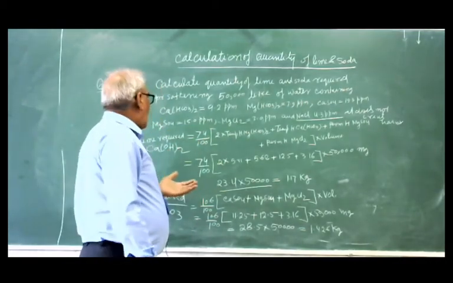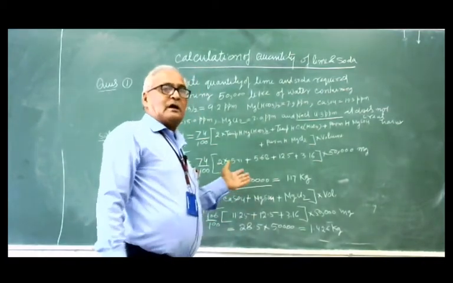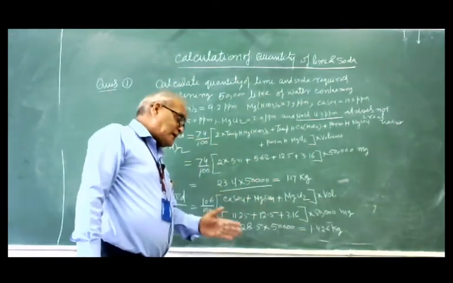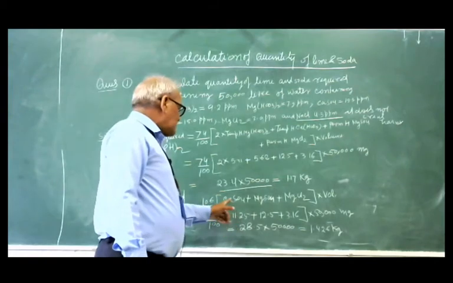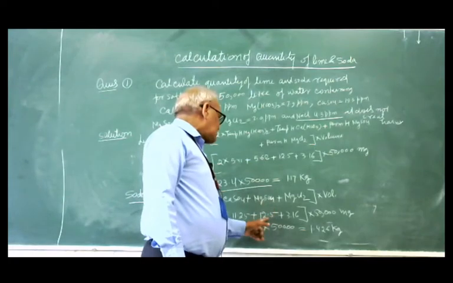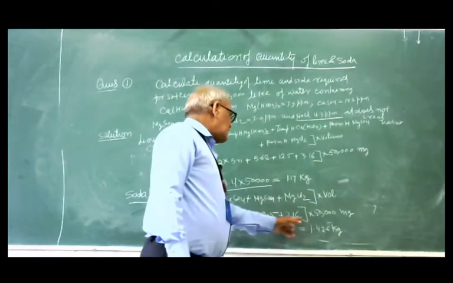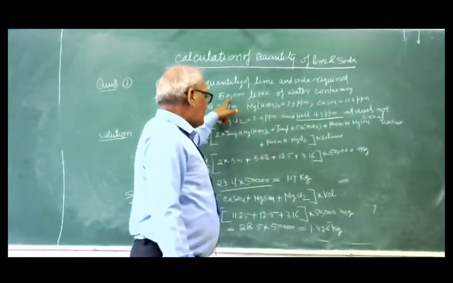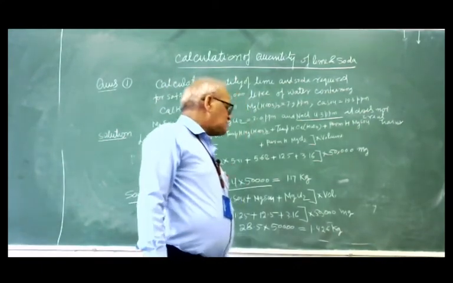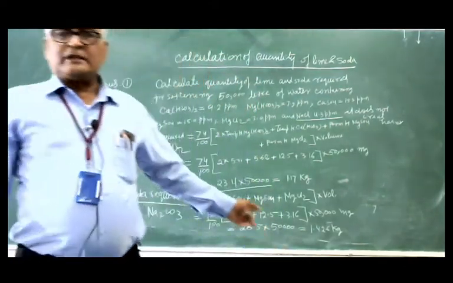So sometimes someone may be confused and put all these values and calculate the lime required and soda required. No, you calculate. So this is the permanent hardness created by calcium sulfate. This is the permanent hardness created by magnesium sulfate. This is the permanent hardness created by magnesium chloride. All these are multiplied by the volume. Here volume is given. So in this way you will get 1.426 kg of the soda required. So in this way, this numerical.